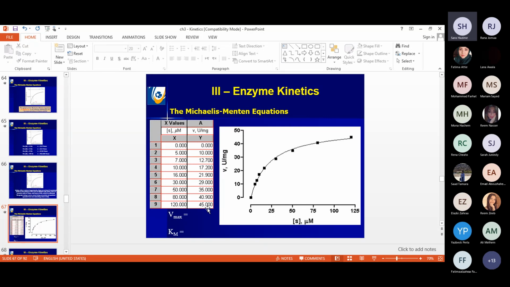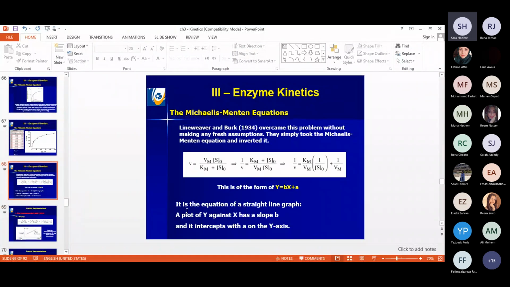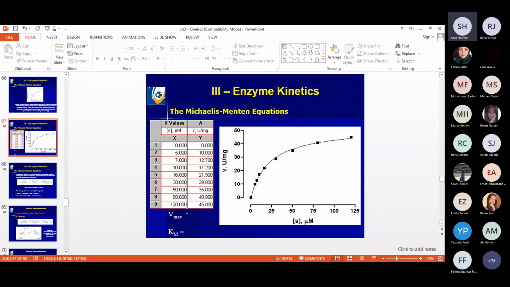And if yes, how would Vmax over 2 be? I would take 22.5, something above 16, so maybe 18 to 20 micromolar as the value of Km. Are you able to consider this, and are these real values for Vmax and Km? For sure not. Okay, so we need to find other methods